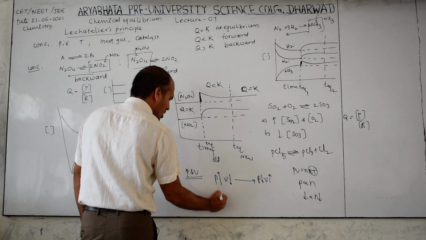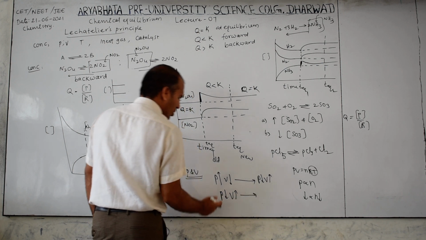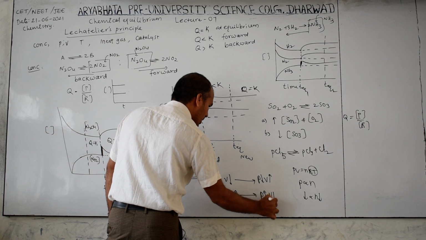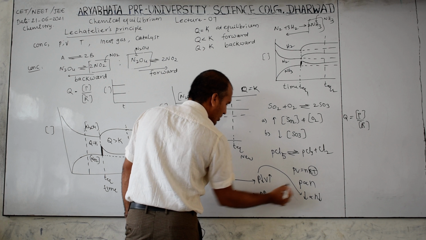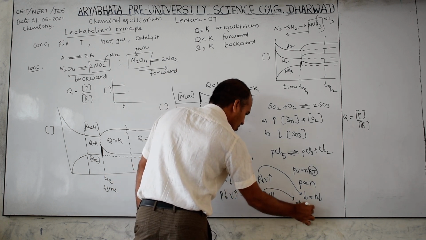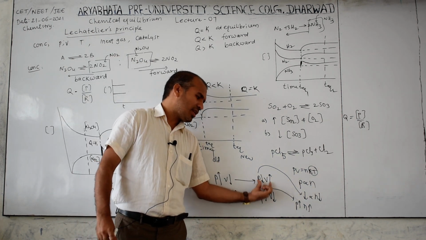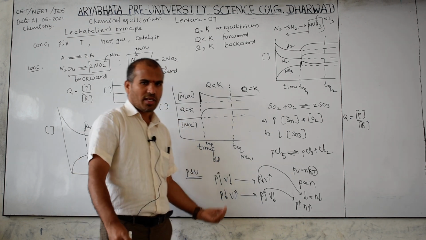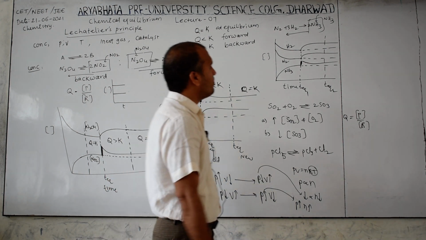Therefore, pressure decrease means the reaction moves toward the volume-increase side. Pressure increase means the reaction moves toward the volume-decrease side, so the volume decreases and therefore the pressure increases. Now with respect to this, pressure increased, therefore the number of moles also increased. So this is what I am discussing with respect to the right side effect. Pressure increase means the reaction moves to the pressure-decrease side, and pressure decrease means it moves to the pressure-increase side. This concept is very important.